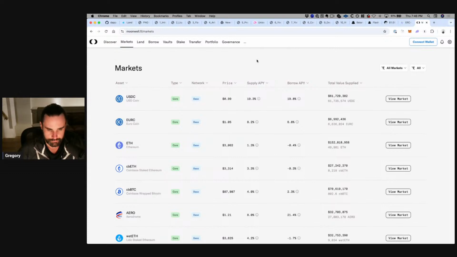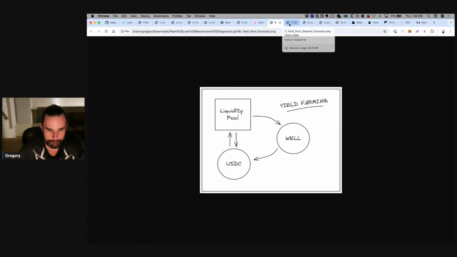Anyways, because this application is on the blockchain, the user interface is not going to let you borrow the same cryptocurrency, but because you can write smart contracts that run on the blockchain, you can borrow the same cryptocurrency that you deposited. So why would you want to do that? Well, you can see that this APY is broken down into different rewards. Part of the APY comes from USDC, but part of it also comes from the WELL token. If you deposit USDC, you're getting back some USDC, but you're also getting a brand new cryptocurrency called the WELL token.